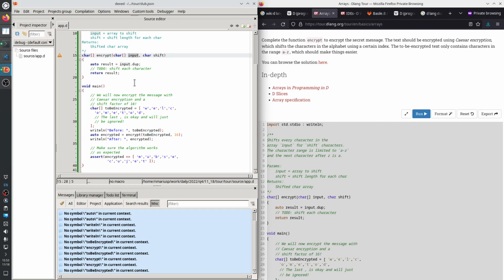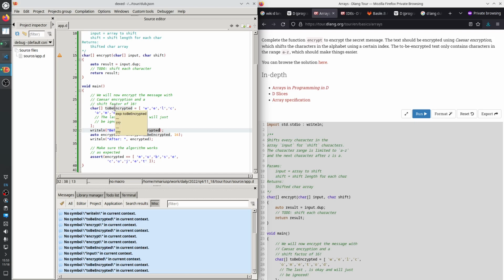It takes the input, which might be static or not, and makes it dynamic. Not really needed, but that's what it does. And then it does something with the elements in the array. Okay, writeln before, so writeln has any number of parameters, they put 2 in here. This is to be encrypted. We know that char